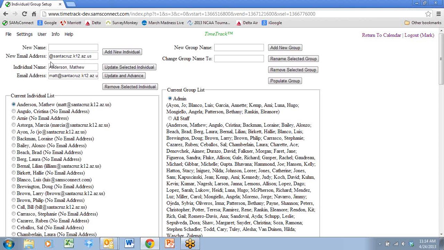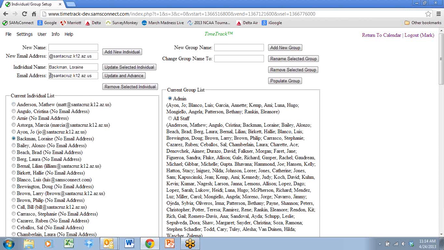It takes whatever the principal's email address is and uses that domain piece, and that's just a time saver for you. Now, if for any reason we have the wrong domain name listed, you can contact Jim and he will correct it for you. You can see down here that for Matthew Anderson, we've already entered his email address. So let's go down to someone we haven't entered, and we'll go to Lorraine Bachman. I will click her name here, and then underneath this piece where you do a new person, I find Lorraine Bachman's name, and I see her email address is missing the first part, or what's called the local part